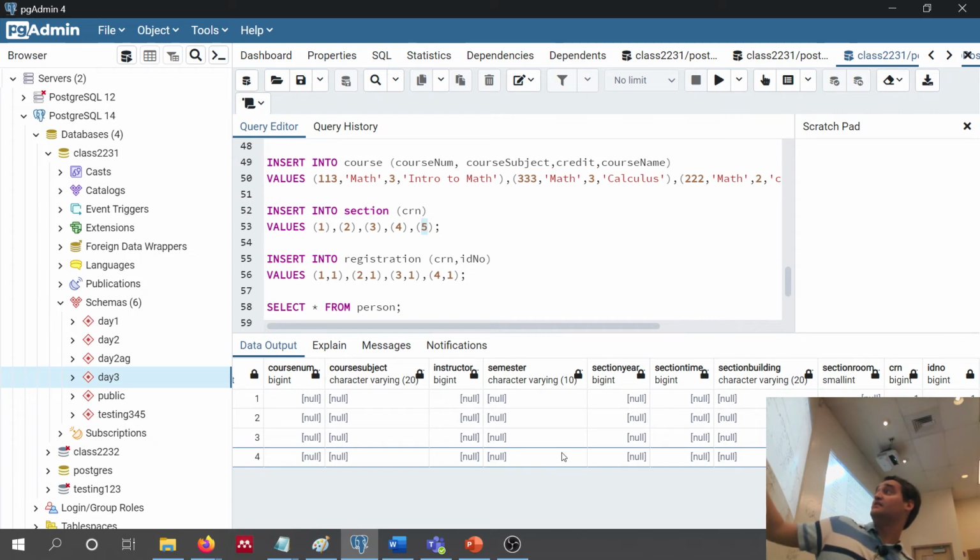We're doing inner. Okay? So inner has what they have in common. Okay, so section has CRN5. Does registration have CRN5 anywhere? No, it doesn't. It just has 1, 2, 3, and 4. It doesn't have 5. So that's kind of cool, isn't it?